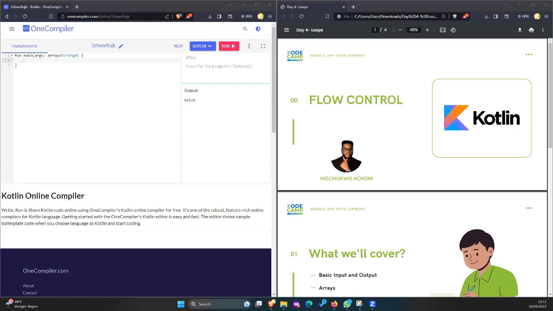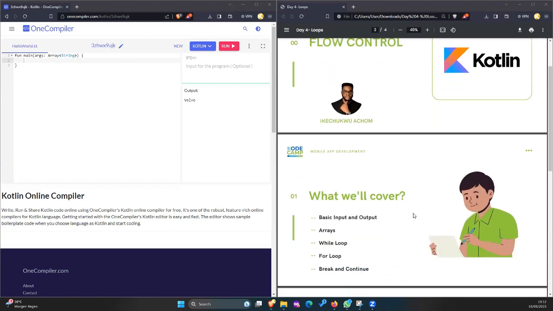Yeah, we're going to continue from where we stopped in our last class. We're going to be looking at Kotlin flow control. But before we get into that, I'm going to cover a few things. I'll look into the basic input and output in Kotlin, then we'll look at arrays before we get into the while loop, the for loop, and then the break and continue. For those of you who did your task successfully,